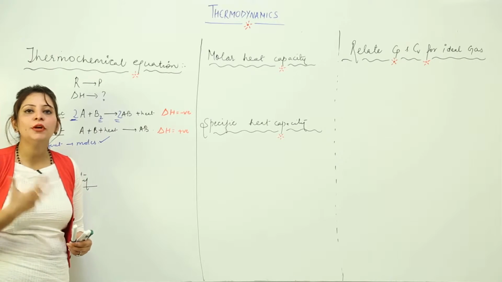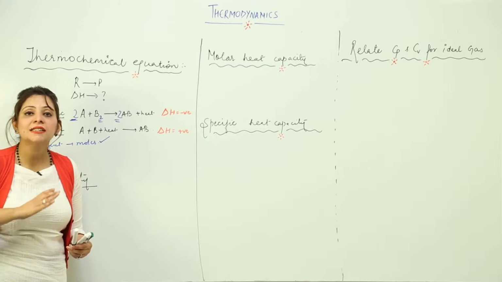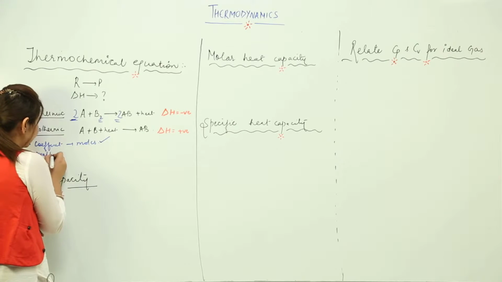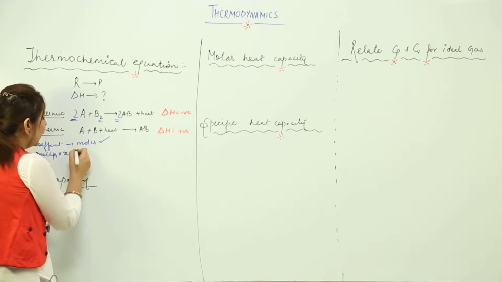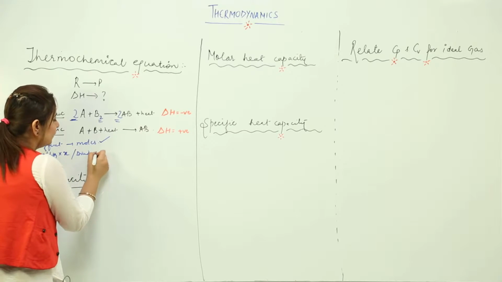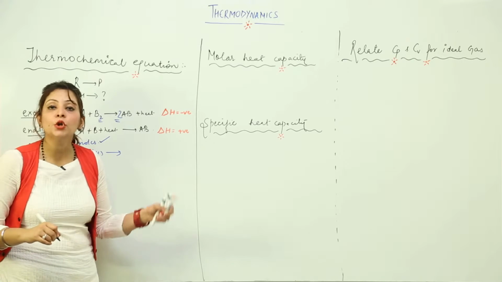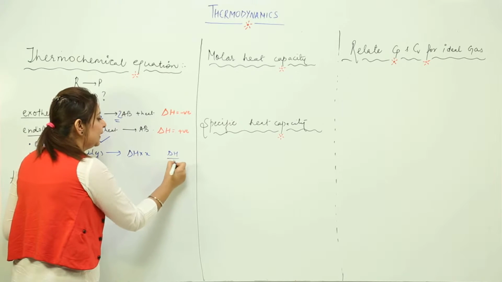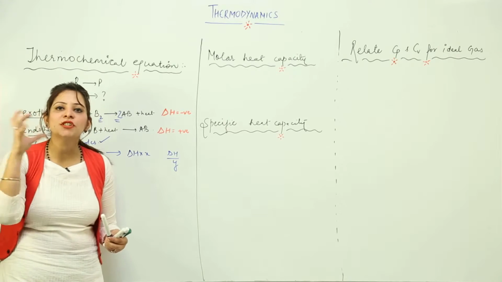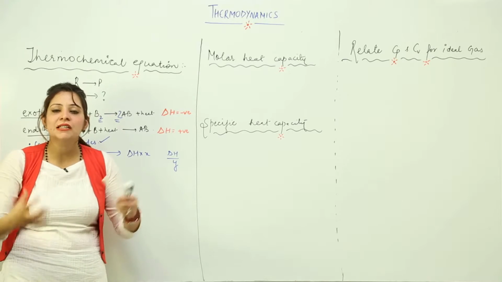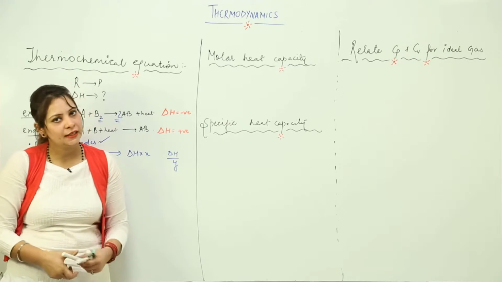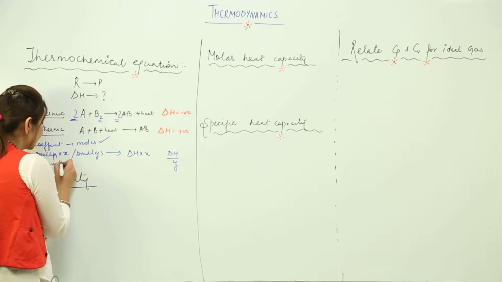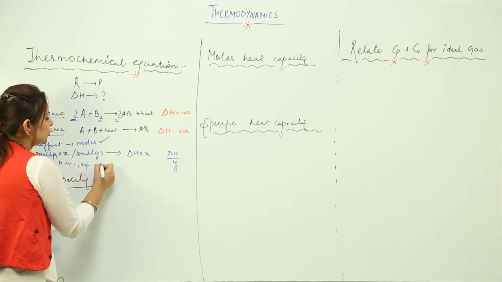In the case of a thermochemical reaction, any change in the number of moles has a greater impact on the delta H. Suppose I multiply the equation by any number, say x, or divide the equation by any number, say y, it is ultimately going to have an impact on the delta H. By the same number, delta H is multiplied, or by the same amount, delta H is divided. So any change happening in the thermochemical equation has an effect on the delta H. And likewise, if we reverse the reaction, the sign of delta H also reverses.